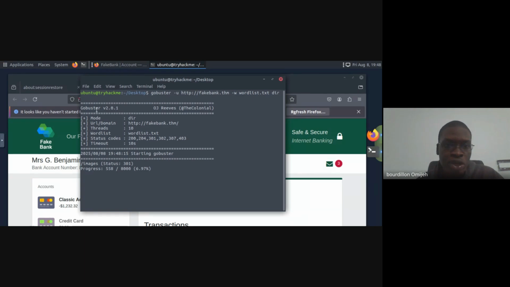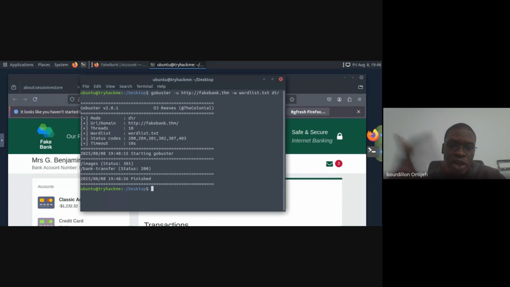So my GoBuster just ran. And now let me, okay, still running. My GoBuster is still running, as you can see. Okay, just finished running now. Okay, still running. Look at it here. It's showing the progress here. 6,000, 7,000 out of 8,000. If you look at your own interface, you see it counting out of 8,000. And mine has finished counting.